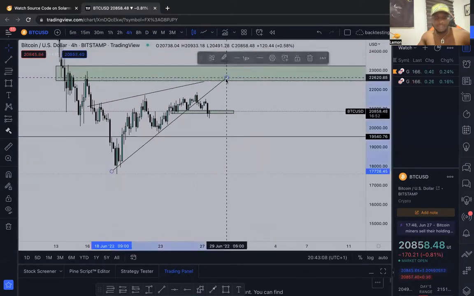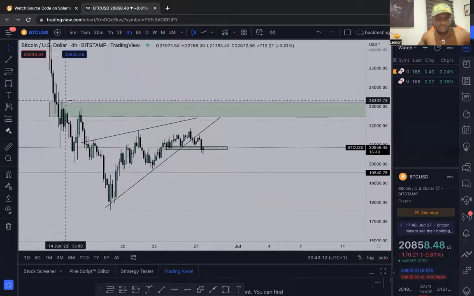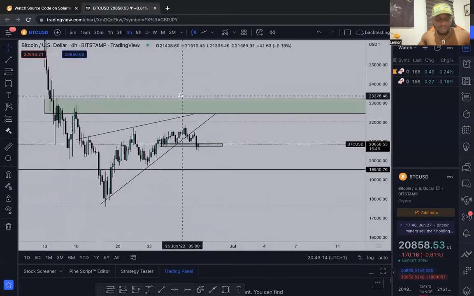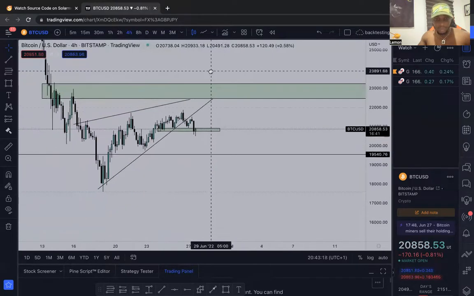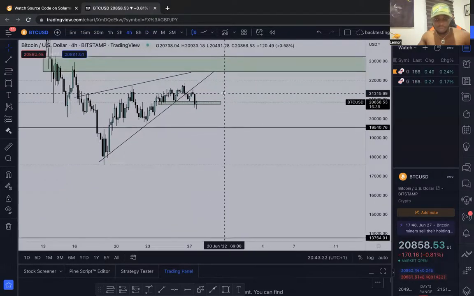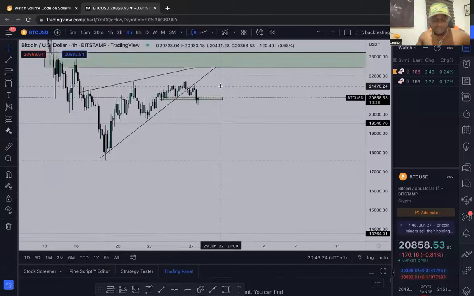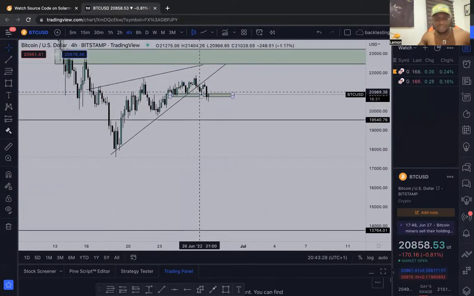So this is how I see the market right now. This is a very, very crucial area in the market. This is like a supply zone, a daily supply zone. So we have to look out for the supply zone. But right now, all I'm seeing is BTC falling, and we are creating that reaction at this zone.